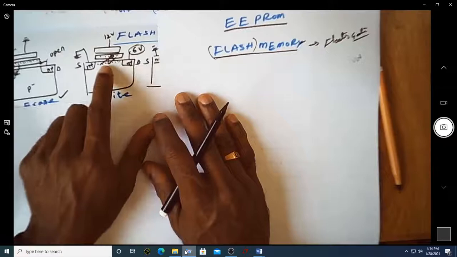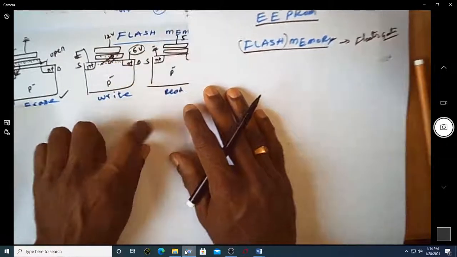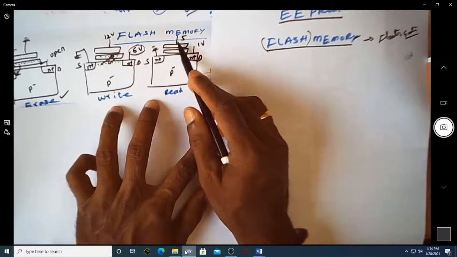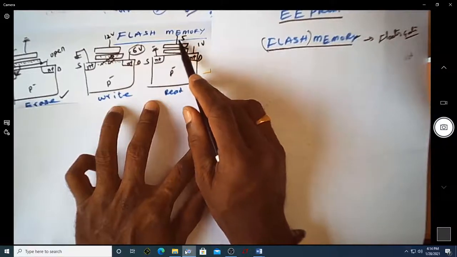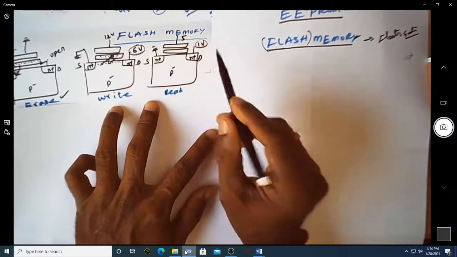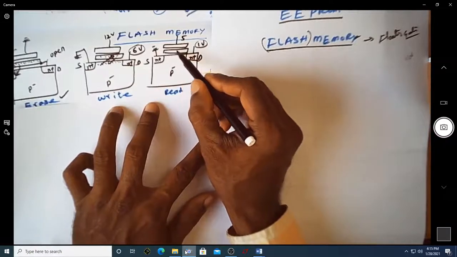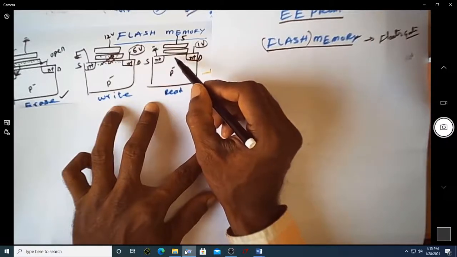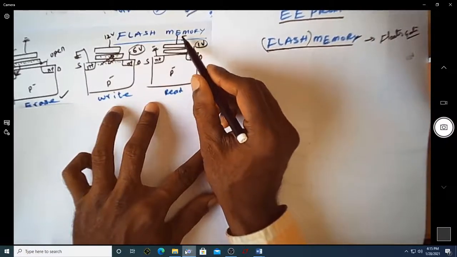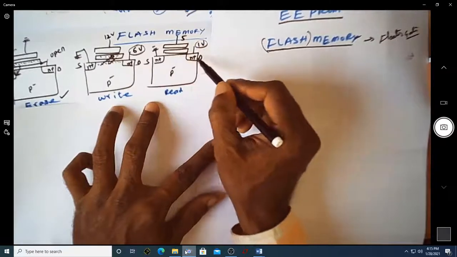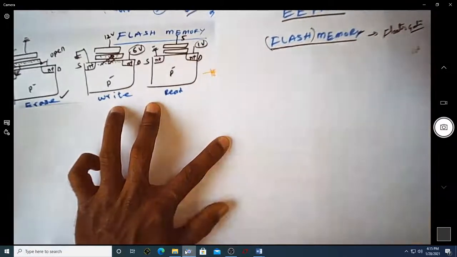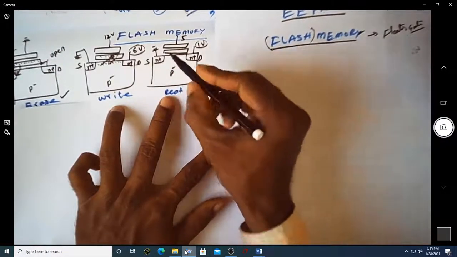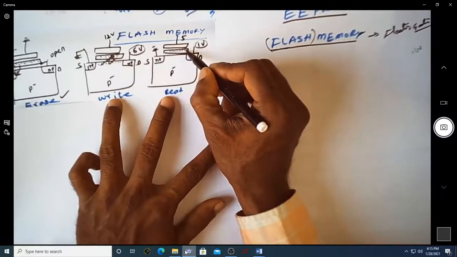Assume that the threshold voltage of a particular transistor is enhanced. These are the voltages that will be applied to source, gate and drain. We'll be applying 5 volt, not too much voltage. Suppose there are no charges trapped in this, then naturally this MOSFET will conduct and you are going to have a current flow, because the gate is applied with 5 volt and you have hardly 0.4 or 0.5 as the threshold voltage, which is going to turn on the transistor. Assume that you are reading a transistor whose threshold voltage is increased.